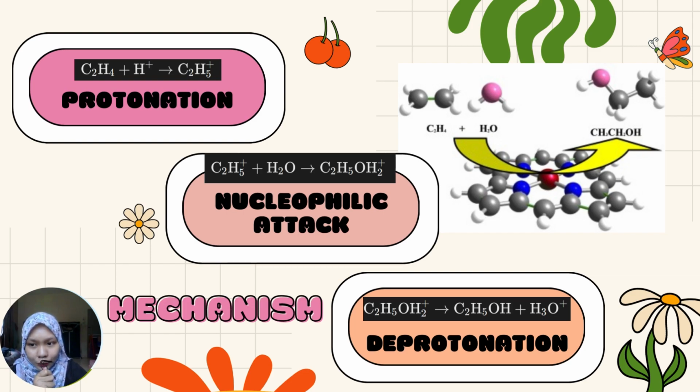Deprotonation process. The protonated ethanol intermediate undergoes deprotonation, resulting in the removal of a proton. This deprotonation step can occur through several pathways. One possibility is the abstraction of a proton by another water molecule present in the reaction mixture or by the acid catalyst itself. This leads to the formation of ethanol. Regeneration of the acid catalyst. After the deprotonation step, the acid catalyst is regenerated and can participate in subsequent cycles of the reaction. In the case of sulfuric acid, it can be regenerated by reacting with water to form hydronium ion and sulfate